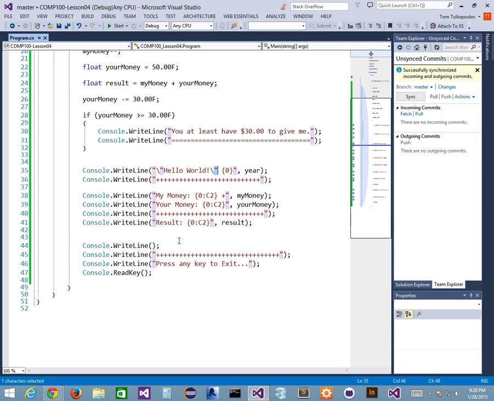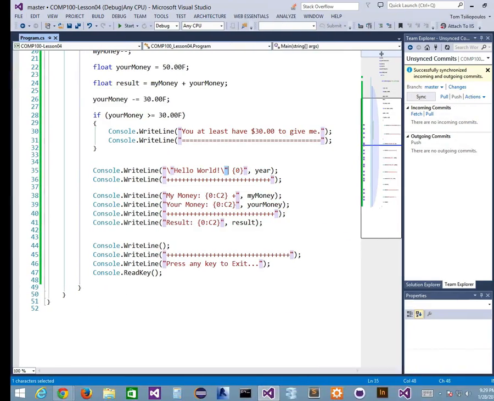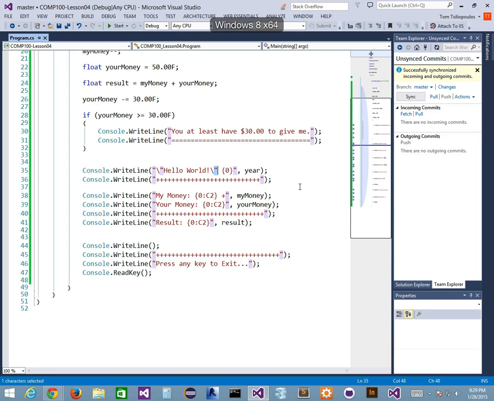Similarly, there are other escape sequence characters. Single quote, the actual backslash itself, a null, an A for an alert, B for backspace if I want to go back, and so on. I can control where the cursor is in a string as well. And I can also use a new line character to go down a line, even without using a WriteLine. So if I want to use console.write but go a bunch of lines down,